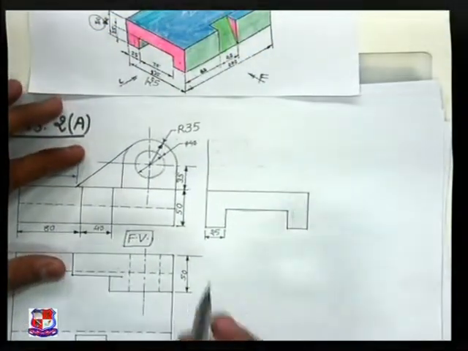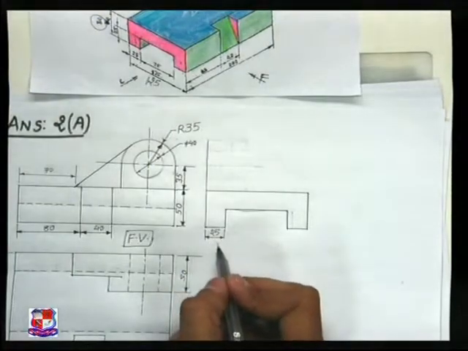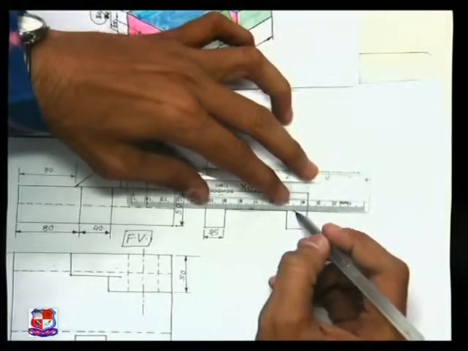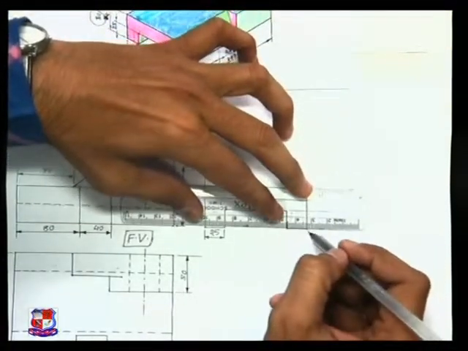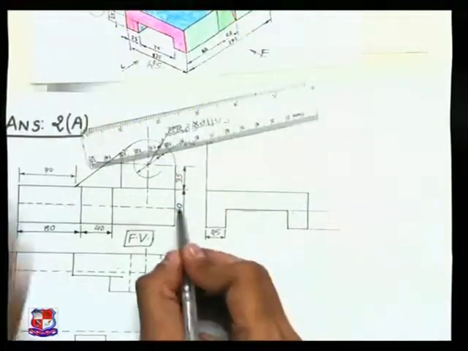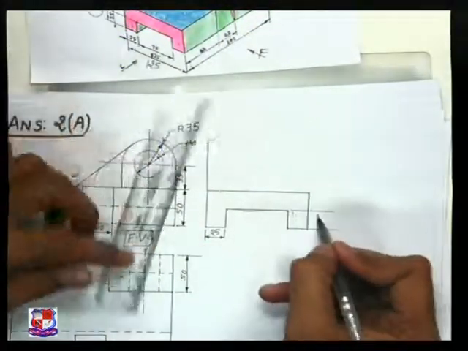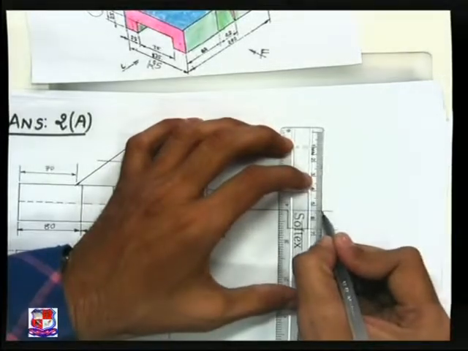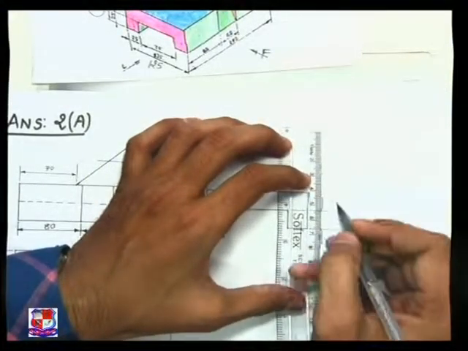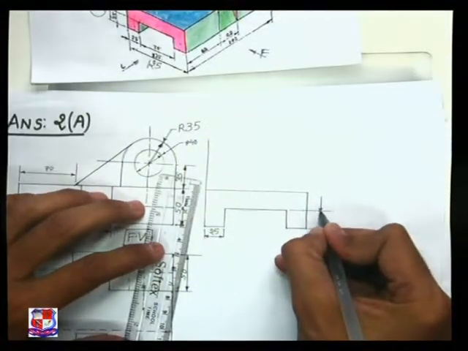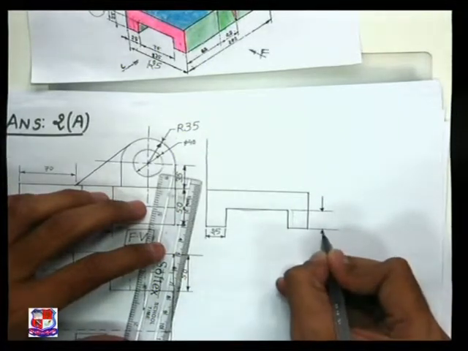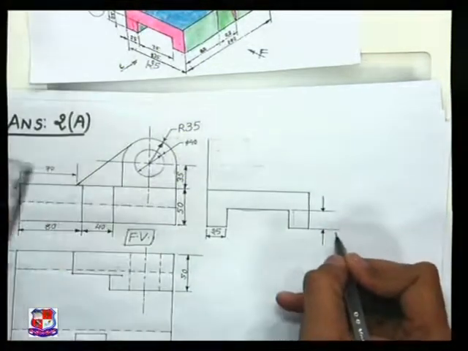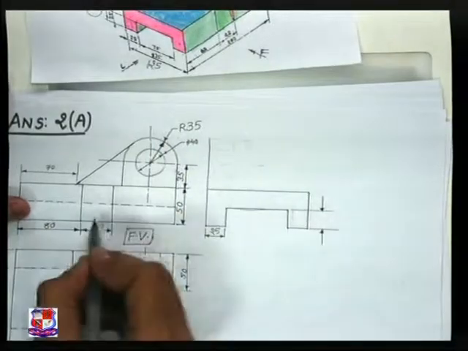The parameters are known to us. 25 is the width and this height is also known to us, and this total height is 50 that we have inserted here. So no need to reinsert the similar dimension, but this height we can insert because it was not inserted earlier. And whenever you insert any dimension, the dotted line dimension should not be inserted.